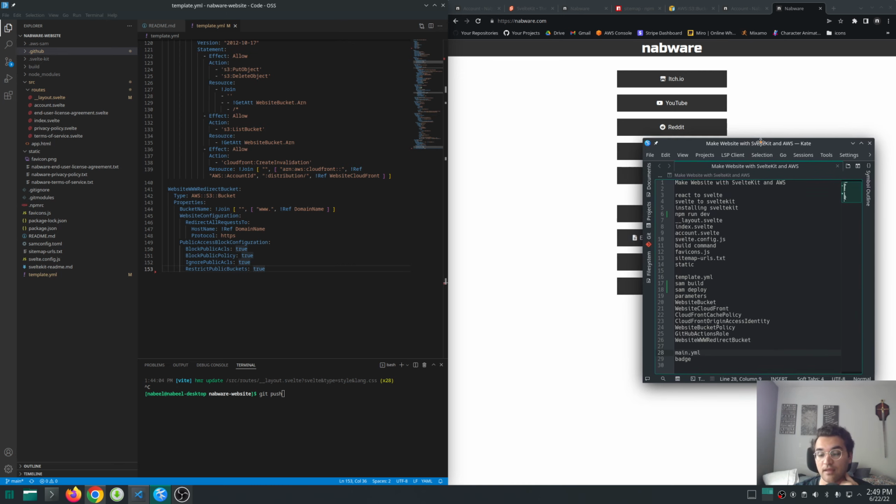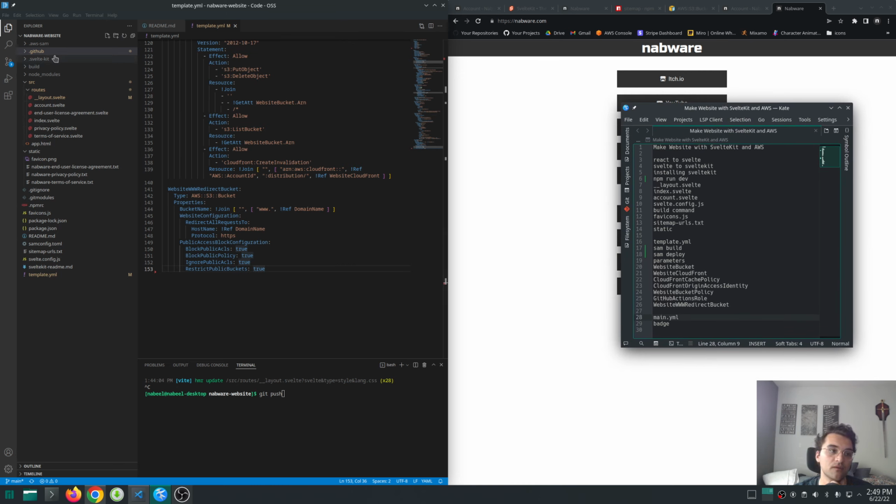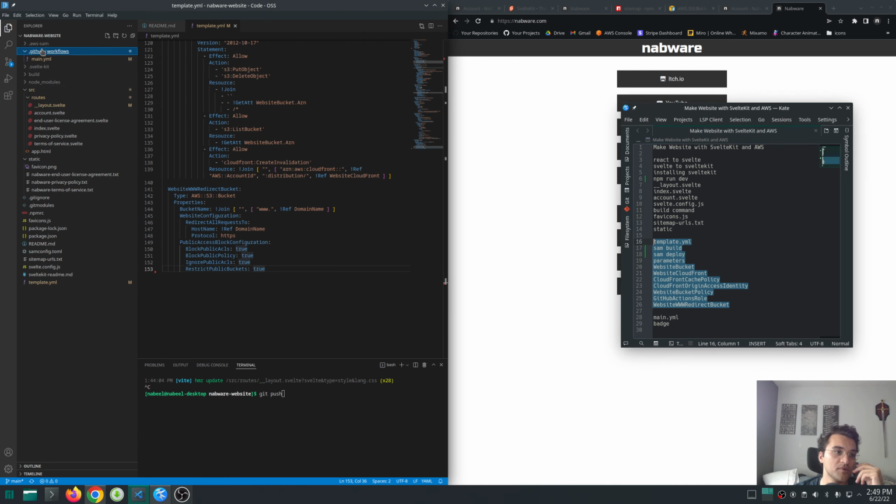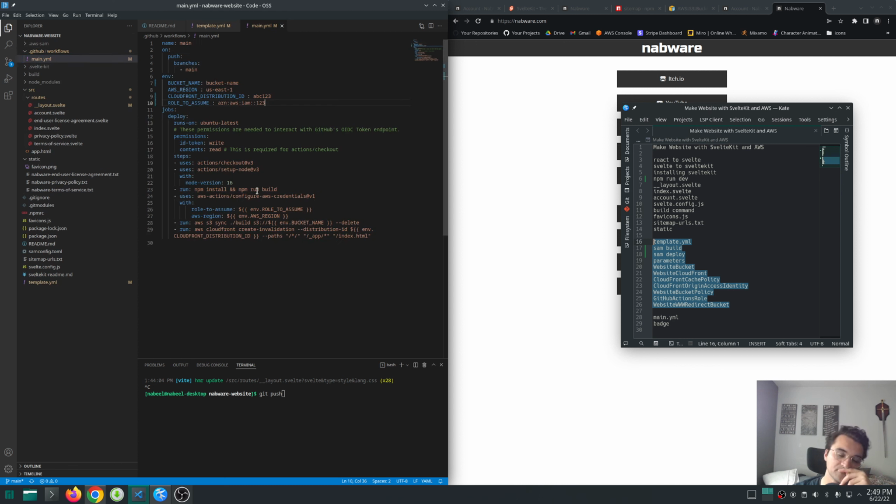Okay, last stage here, main YAML. So we have our ReactKit website, and we have our AWS infrastructure. Now we just need to set up the continuous integration and deployment. So let's pull up our main YAML. Okay, so you give it a name, main,